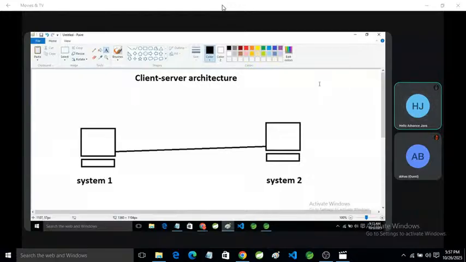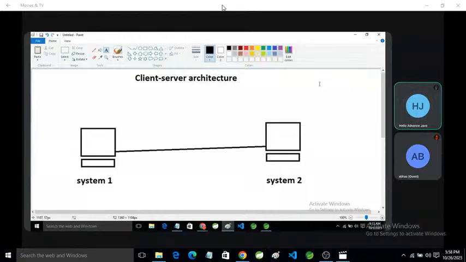But actually, whether you are using a mobile or a laptop, anything, all our systems are working on the basis of software. The same here. If you install a server software in system one, system one will work as a server. If you install a server software in system two, system two will work as a server.